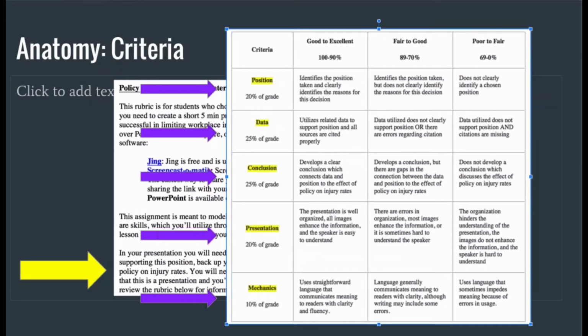So if we could review the prompt from the previous slide, the prompt has a section which states what is required for the assignment. In this assignment, students are supposed to state their position on the issue, discuss reasons for supporting this position, support the position with data, and draw conclusions regarding the effect of policy on injury rates. The prompt goes on to say that bibliography is required and that the students will be graded on their visual aids or presenting abilities. So if you take a look at the full rubric, which is what you can see,